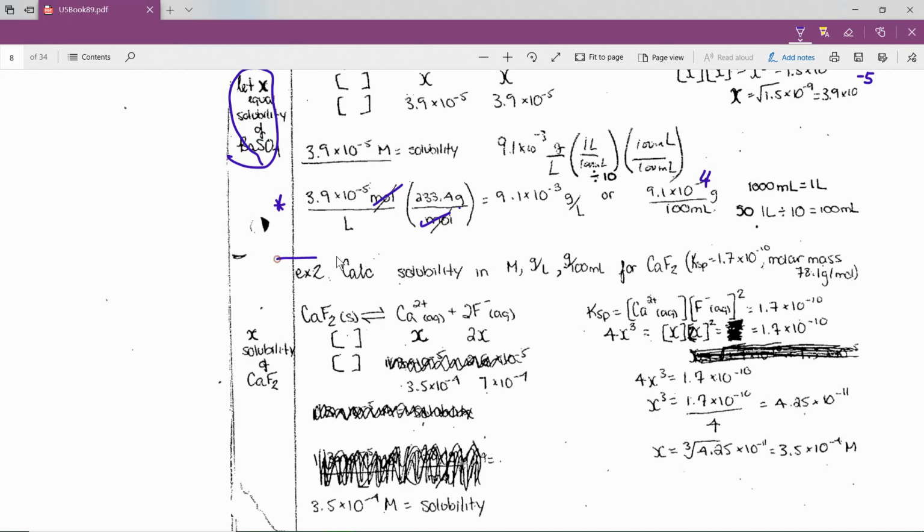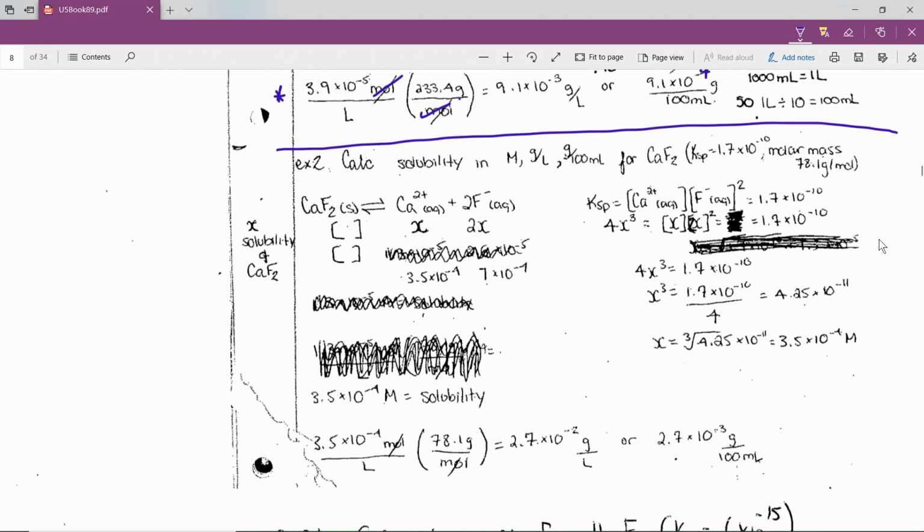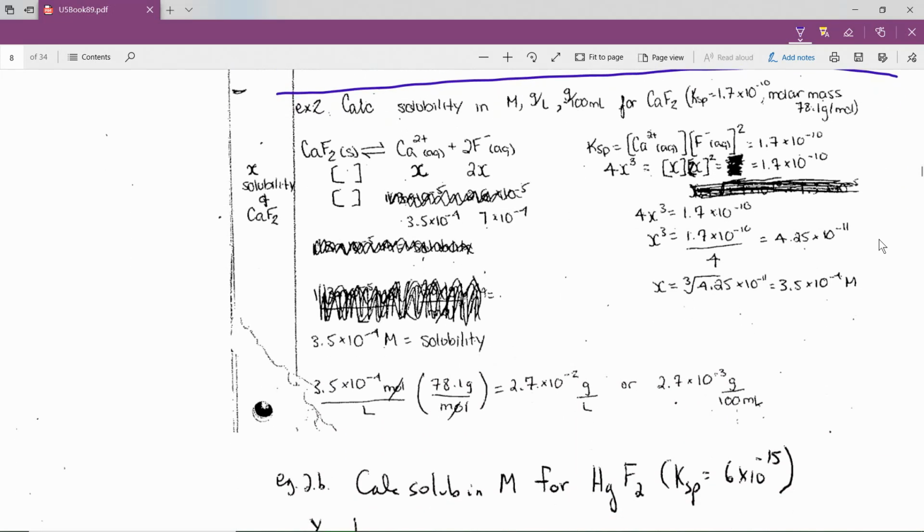Okay, so that's a 1-to-1 classic case. Now let's look at a skill 2 where it's a 1-to-2 case. So that is calcium fluoride, and the KSP is 1.7 by 10 to the minus 10. The molar mass, oh, I was very nice, I gave it to you, but you could have got it from the periodic table